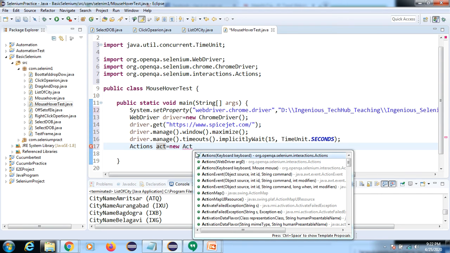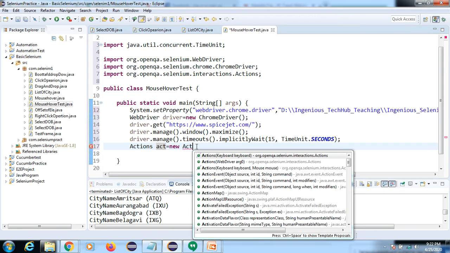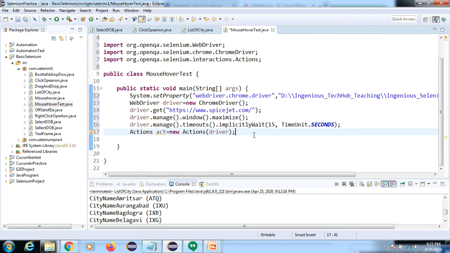You can see we have many constructors here. What you have to select here is WebDriver; the argument type will give the WebDriver type, you can see here. So here we will pass this driver. If someone asks why we are passing this driver, you can tell them it is already implemented by the Selenium people, and they have defined the parameter as a WebDriver type, so we need to pass the argument. This is an independent class. If we do not pass this argument, it will not interact with WebDriver. That's why we need to pass the WebDriver reference variable here.